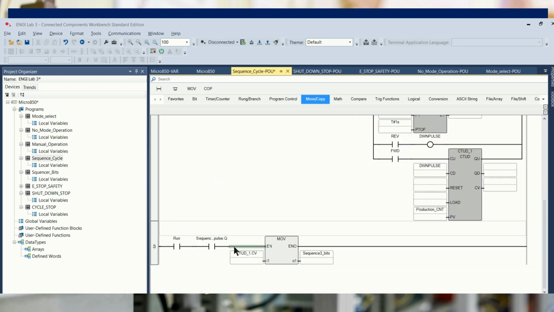So we already have one move instruction, and it is taking the value that we find in that same count up, count down, and we're moving it into a sequence 3 underscore bits. If you followed the program, that's how we're turning on certain outputs. But I want to change this production count such that it's going to change the amount that it counts to, and that will change the outcome of our count value. So I'm going to grab a new run,